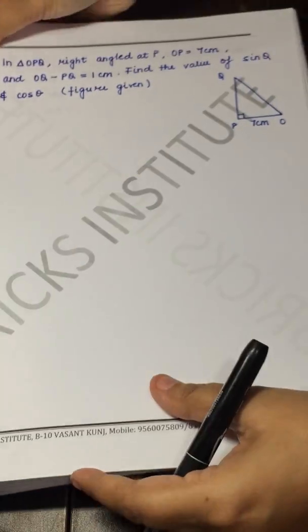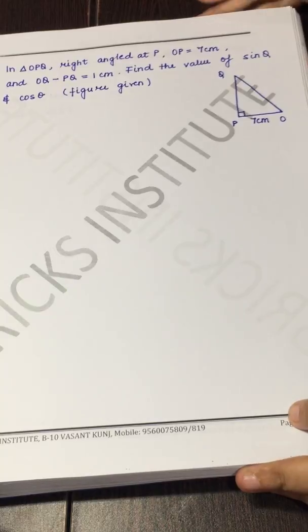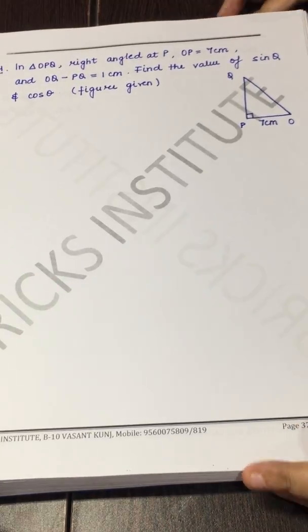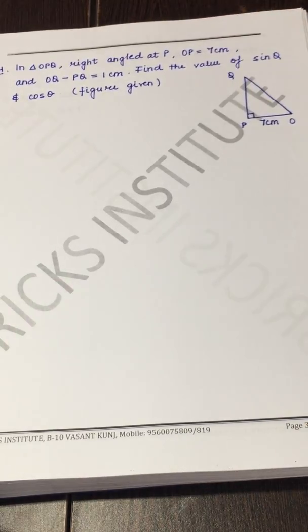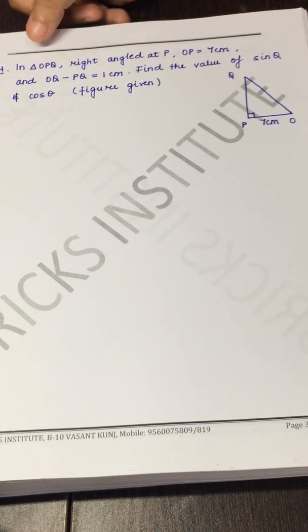Let's do the next question now. This is a very important question. It's an example of NCERT. Let's go through the question. So the figure is given in the question. It says, in triangle